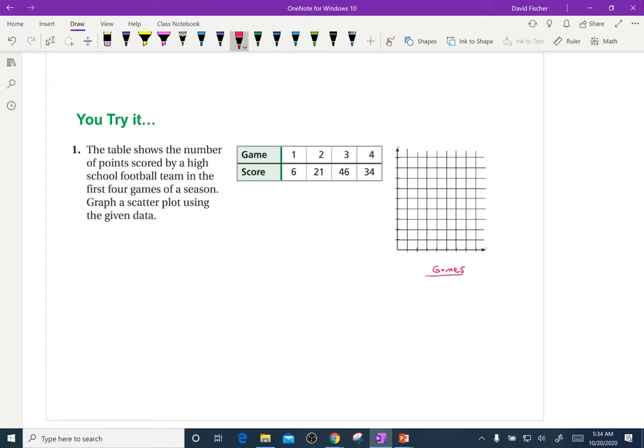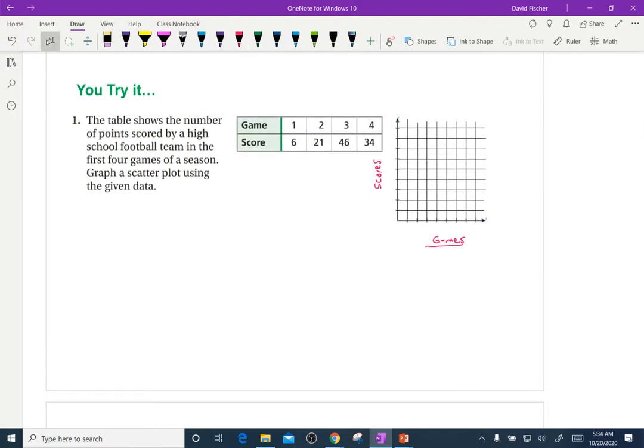And then I need to turn my paper sideways here. Scores is my label over here. So my highest number on my x-axis has to be a 4. So we don't want to say 1, 2, 3, 4 and have all this empty space over here. So we kind of need to figure it out. And sometimes we have to erase things, but this will be a pretty easy one. If I skip every one, I think I will be okay. Yep. So I used up my whole axis there, my x-axis,